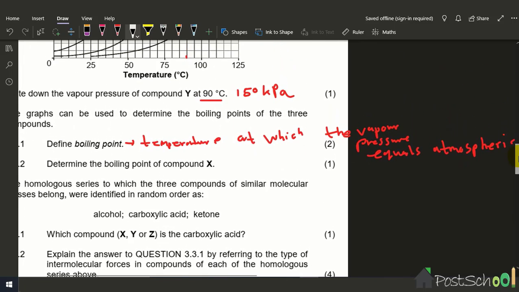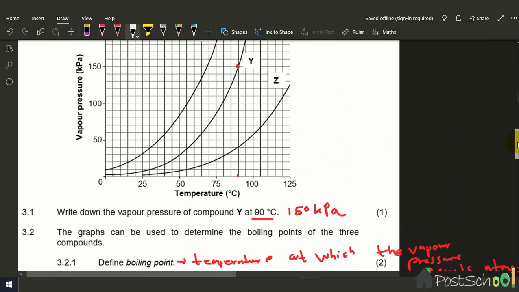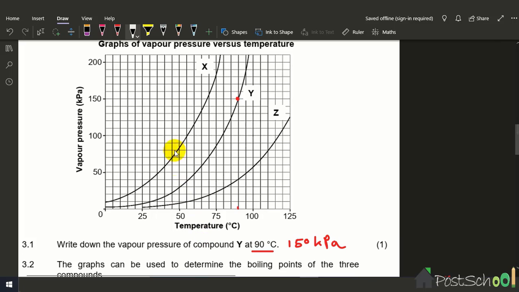Determine the boiling point of compound X. The boiling point of compound X. So I check here at the boiling. For X, here is its boiling point, 55 degrees Celsius. How does the boiling point check? The boiling point checks by saying 100 degrees Celsius, and then once you have checked 100 degrees Celsius, then you look